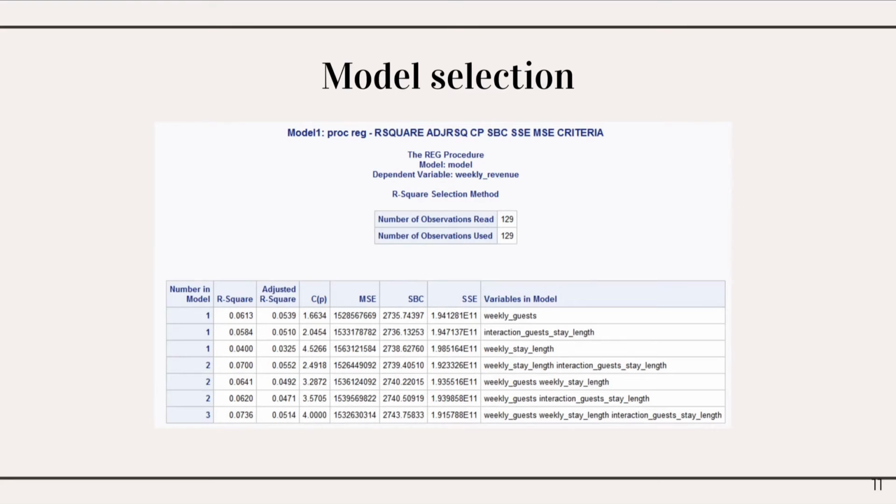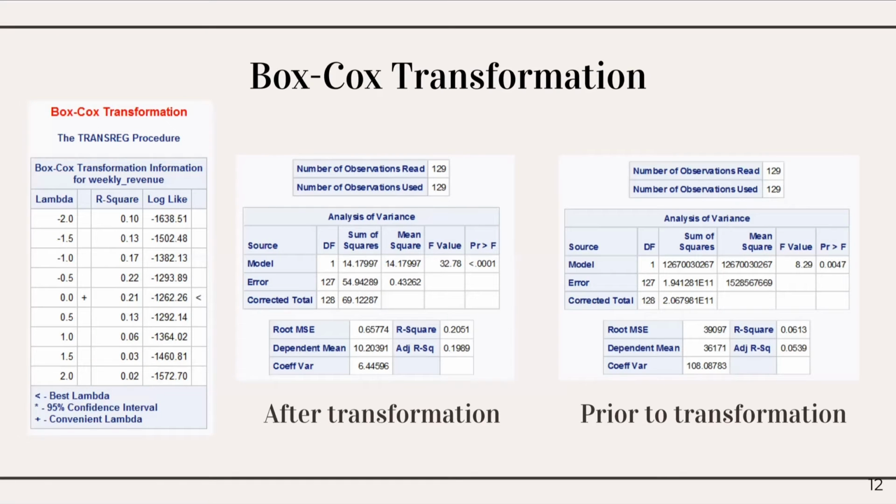Let's go over the Box-Cox model transformation now. After performing a Box-Cox transformation in SAS, we concluded that the convenient lambda equals 0, which you can see in the figure on the left. That being said, we can easily compare the R-squared and the MSE between two models. The first one would be with the original data, where weekly revenue is regressed on the number of weekly guests, whereas the second one would be with the transformed data, where transformed weekly revenue is regressed on the weekly number